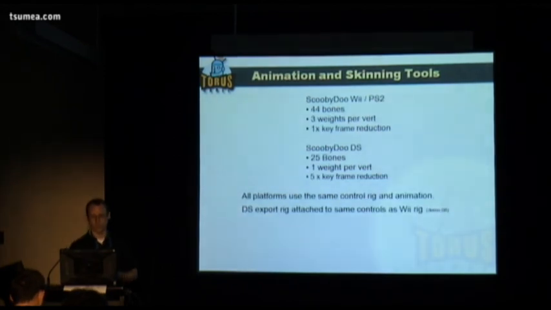So on Scooby-Doo for Wii and PS2, all the characters were around 44 bones, up to 3 weights per vertex. Obviously we'd like to use as few as possible, but that was